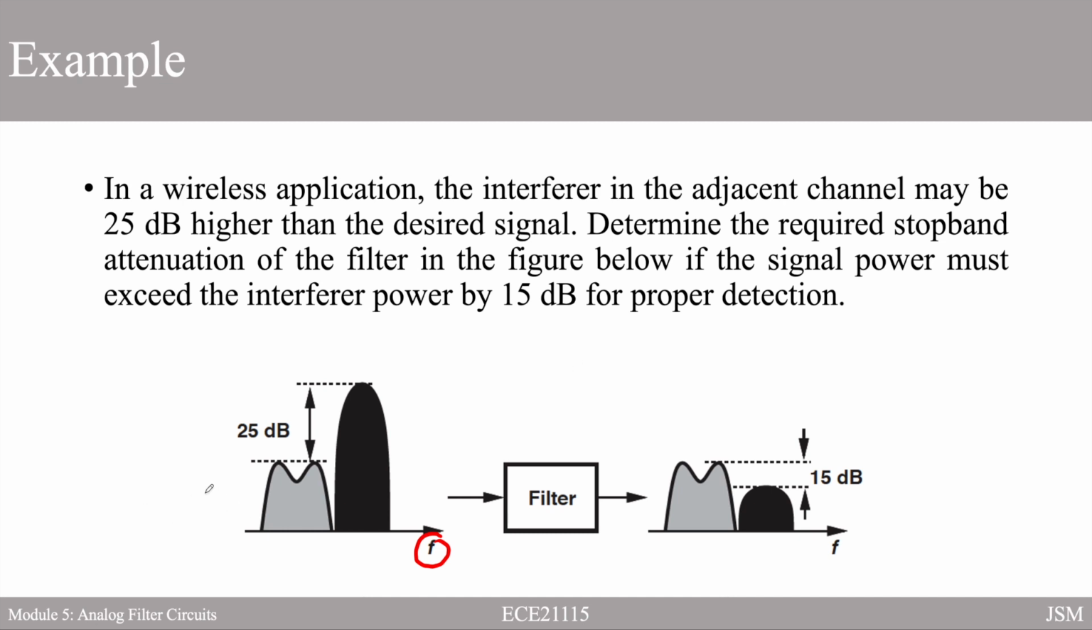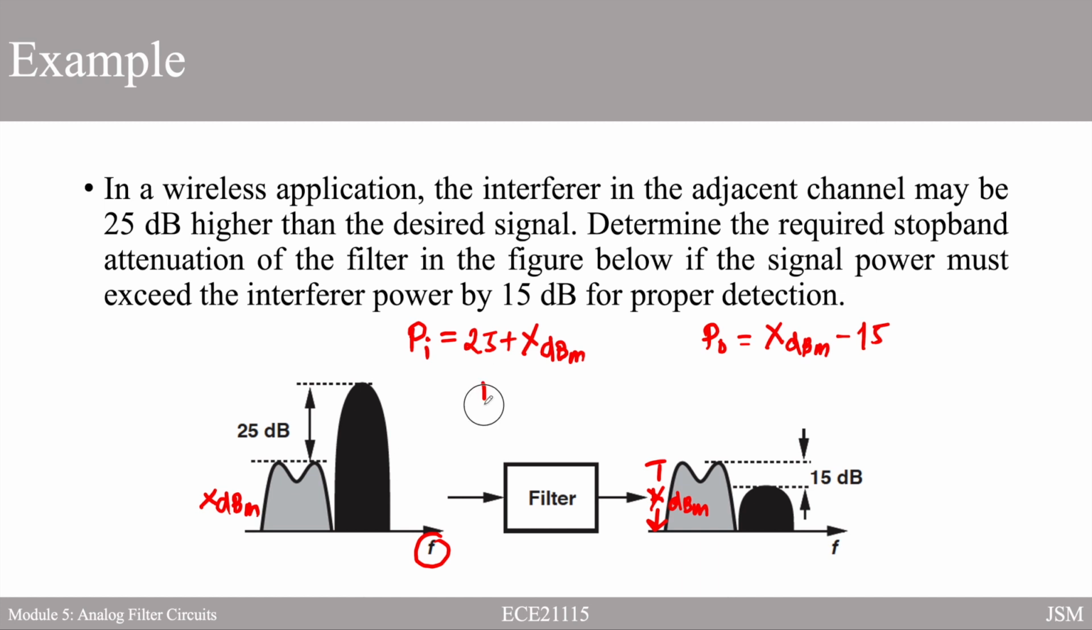So, let's say meron tayo ditong X dBm for the signal's power. So, therefore, yung power ng interferer natin should be equal to 25 plus X dBm. So, this is the input power for the interferer signal. And dito naman, if hindi naman nagbago yung ating desired signal, its amplitude or its power should stay at X dBm po. So, therefore, ang ating output power is X dBm minus 15 dB. So, gagawin lang natin is parang kukunin natin yung gain. So, yung gain in decibel is just the difference between P out and P in. So, P out minus P in natin is